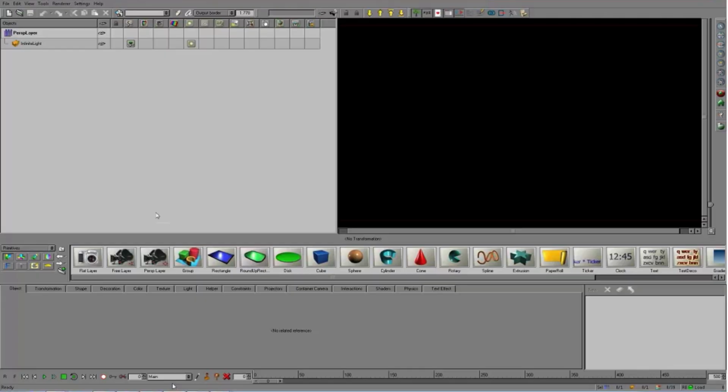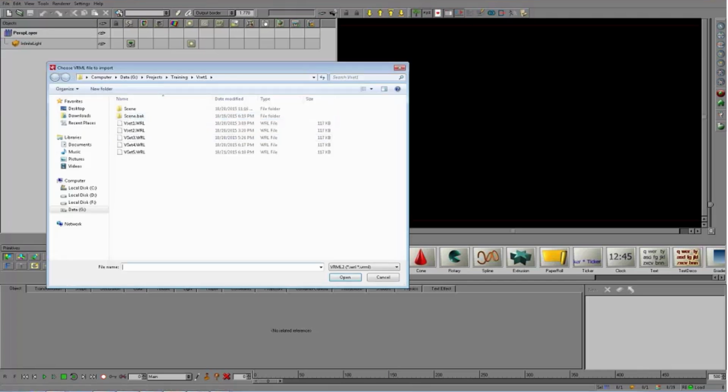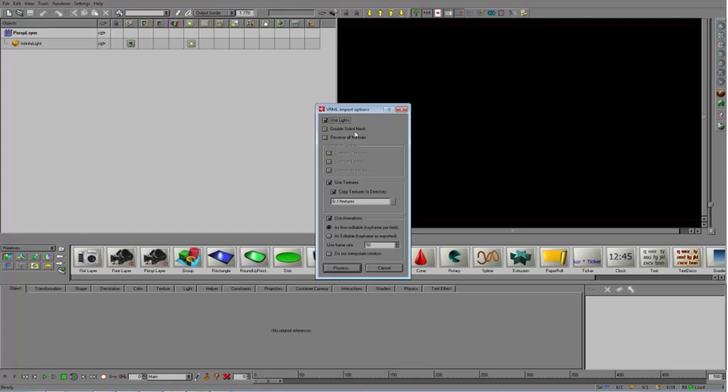Now we can go to Free Designer and go to File and say Import. Once we do import, we select VRML. Please note that we also work with Collada. So let's import VRML. We go to G Project Training VSet1, where we have saved our virtual set. Select VSet5 and open. At VRML import window, we will unmark Use Lights. We will keep the Use Textures checked, unmark Copy Textures to Directory, and uncheck Use Animations, and now we will